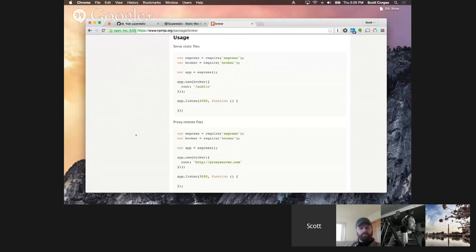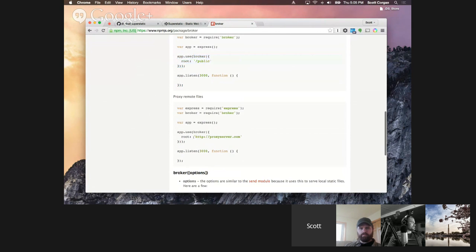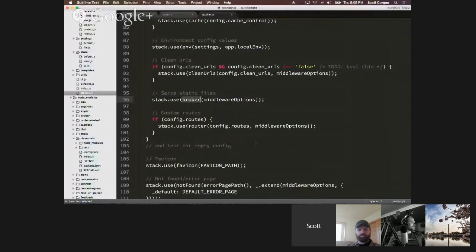What broker does is it uses deliver under the hood, and it lets you be a static file server, with no clean URLs or anything. It's basically using Express's .static, when it used to be in Express. And if you just say this is a local folder here, it'll serve just static files locally as a middleware. But if you pass it a remote URL, your Express app now becomes a proxy, which is really helpful for things like Superstatic when we don't know if we're going to be serving local files or remote files,